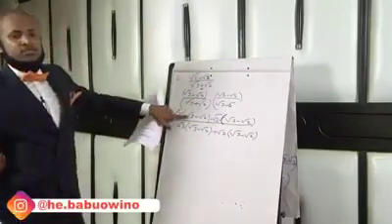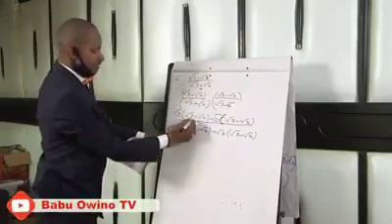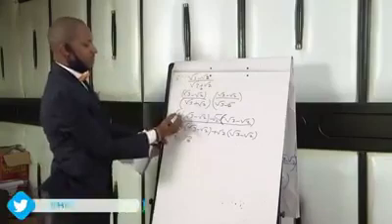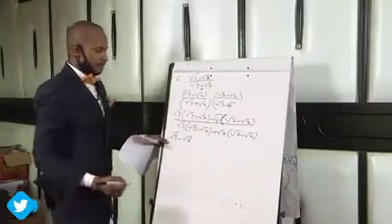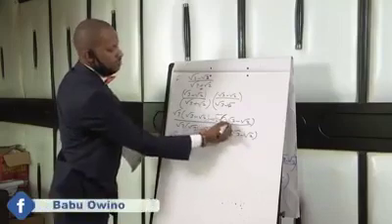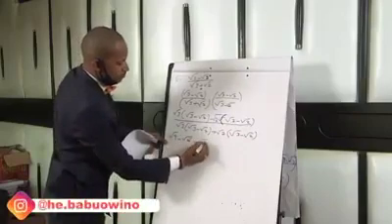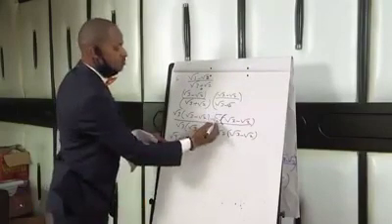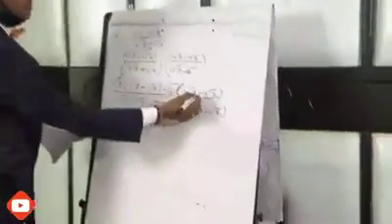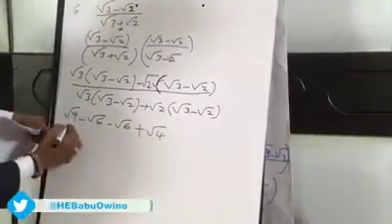Root 3 times root 3 is root 9. Root 3 times minus root 2 is minus root 6. Just multiply what's inside the roots. Then minus root 2 times root 3, multiply what's in the roots, you get minus root 6. Then minus root 2 times minus root 2, you get plus. Minus times minus is plus. Root 4. Then you divide it by